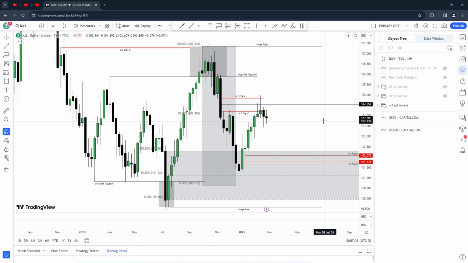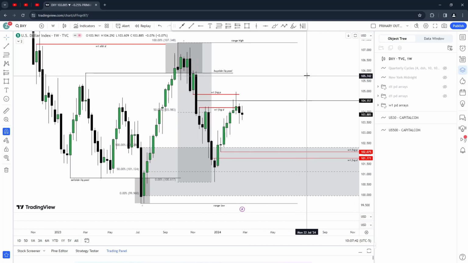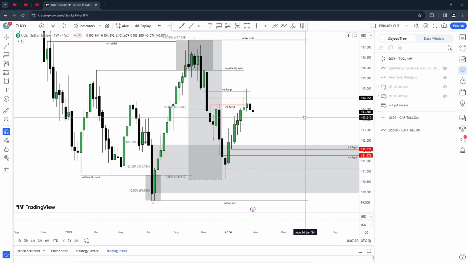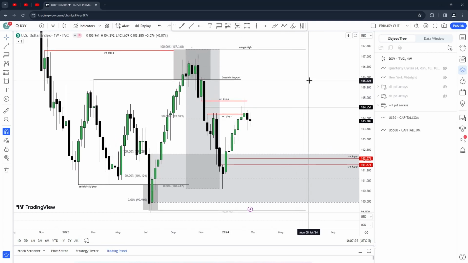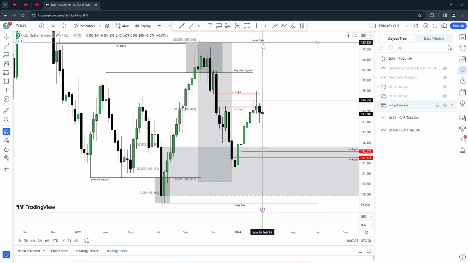I know it might not look 100% clear. Note that this is a weekly time frame, and we don't necessarily take our trades off of the weekly, but we go to it for direction or daily bias. So what we can see is we have got this defined range, our range high and our range low